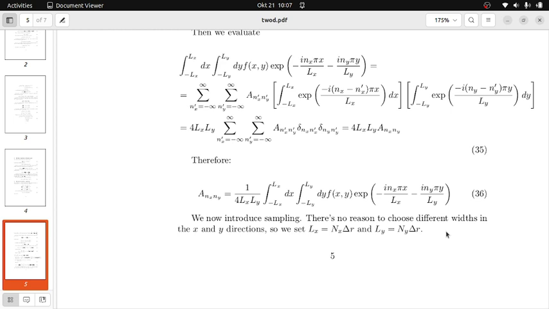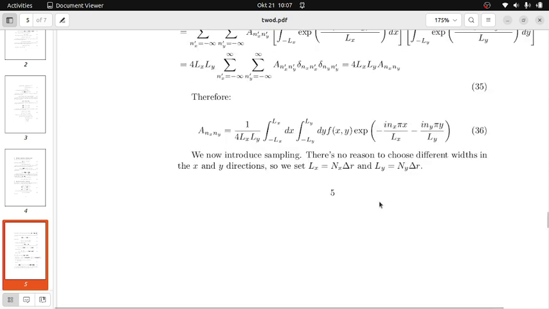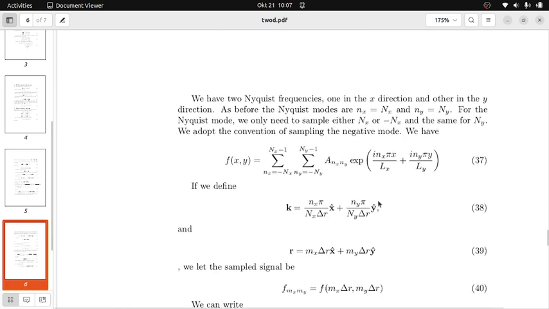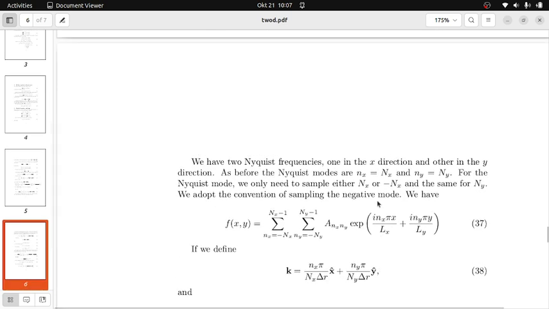We have a sampled field, and there is no reason to choose a different step size in the x and y directions. So we'll call this step size delta r, and then we set Lx equals nx delta r and Ly equals ny delta r. Okay, so when we do this, we have now,